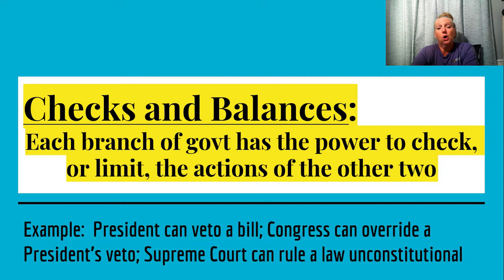And then ultimately, the Supreme Court could potentially rule that the law that was passed, that the president vetoed and Congress overrode and passed, did not follow the Constitution, and therefore it can't be a law. So that would be a check on Congress, or if it was a normal bill passed through both houses, with no veto involved, it would be a check on both houses or on both branches.